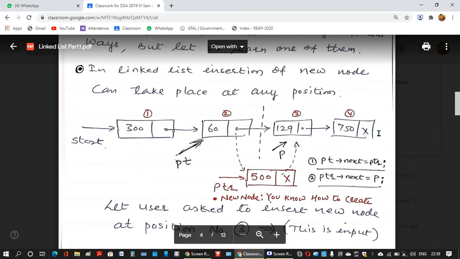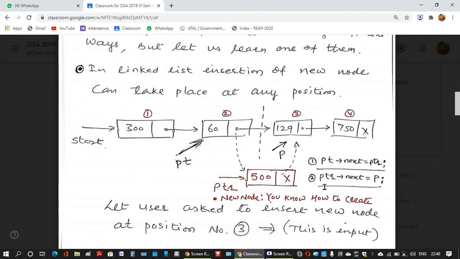So in the beginning, at the end, or in between other nodes, you can insert the new node. Where to insert, the user will choose. So you will ask the user where the user wants to insert the new node.